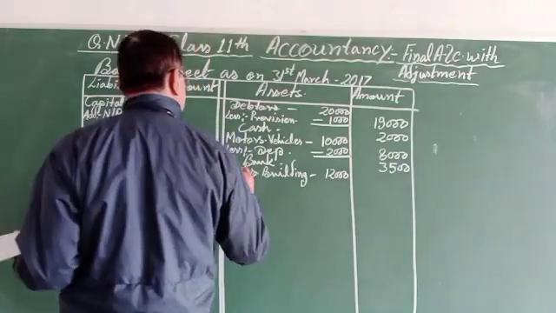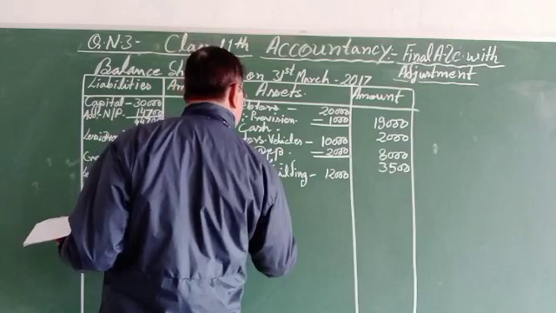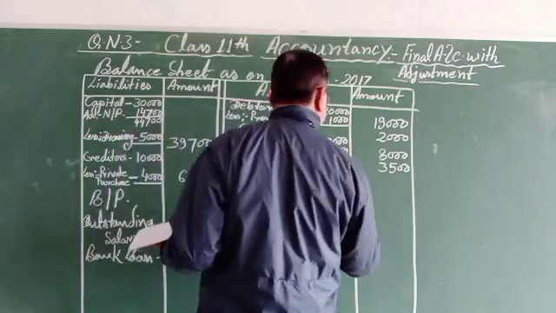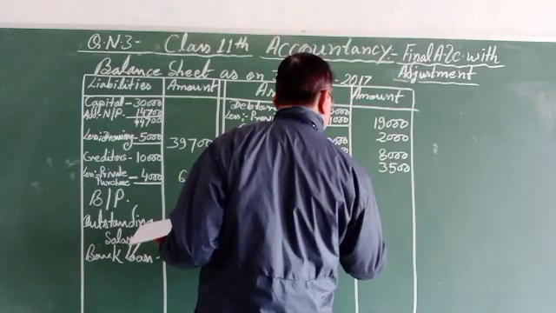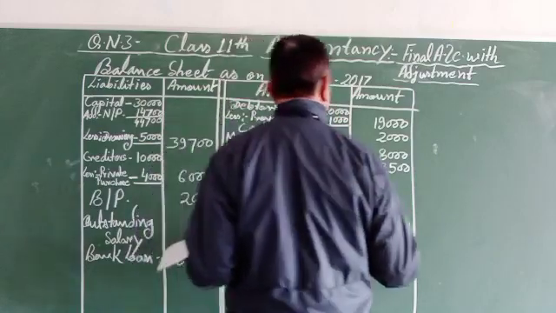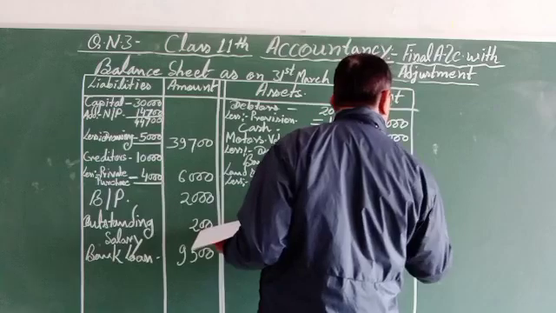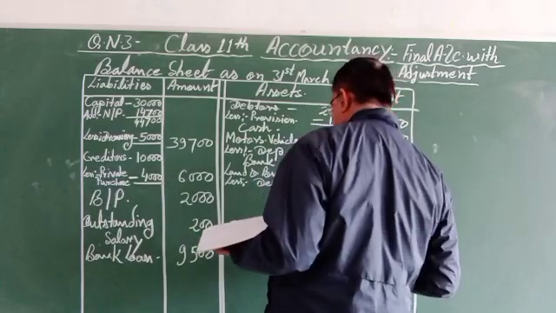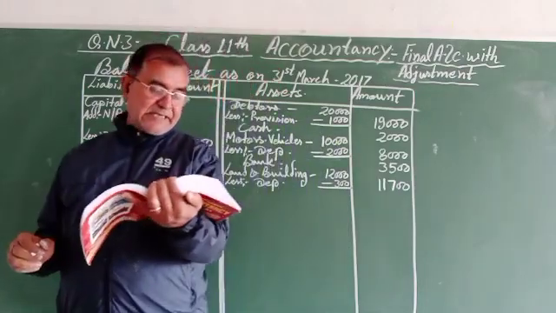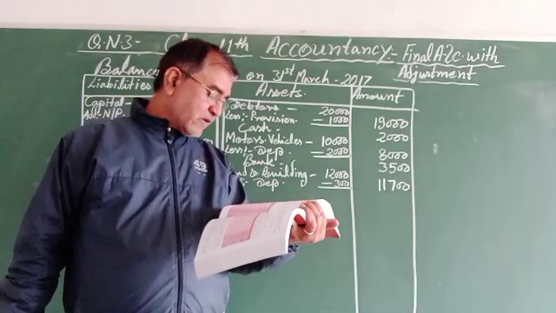So less depreciation, minus 300. Outside of the column, in the amount column, 11,700. Land and building. Then after bad debts, purchase and sales, returns, carriage outward, carriage inward, salary, rent and insurance,